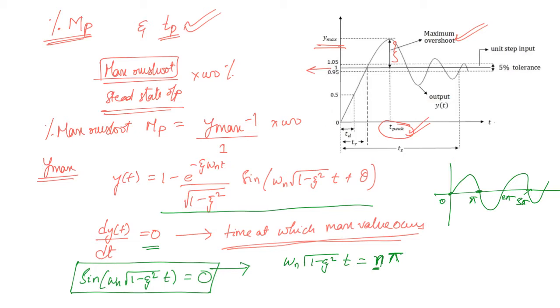Then what is the time? t is equal to n pi divided by omega n root over 1 minus zeta square. Here n is an integer value, but it will be greater than 0. Why? Because if n is equal to 0, then time t will simply be equal to 0, and that doesn't make any physical sense to us. And if n is negative, the time will be negative, which is not what we are looking for. So n will start from 1. It can be 1, 2, 3 and so on. So now we will see what these different values of n actually mean.